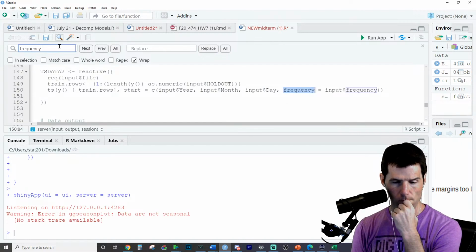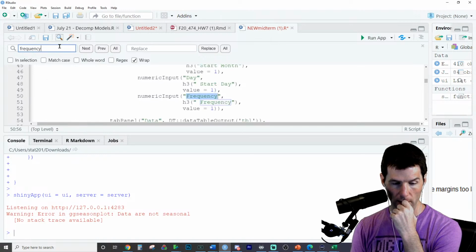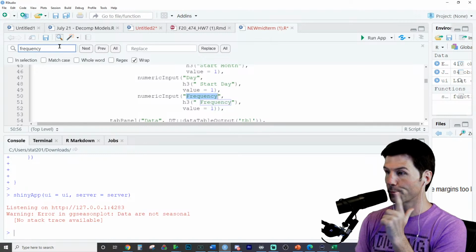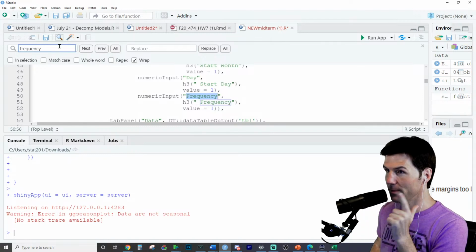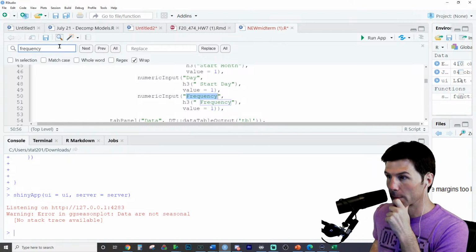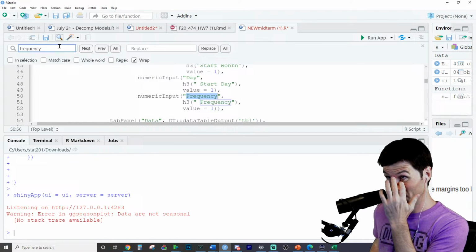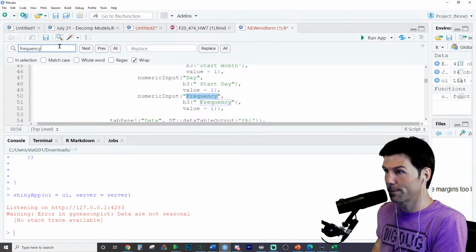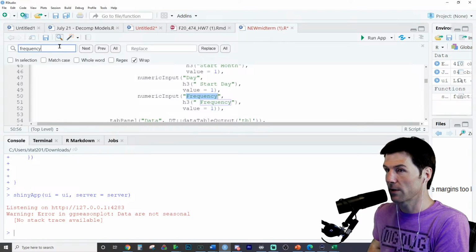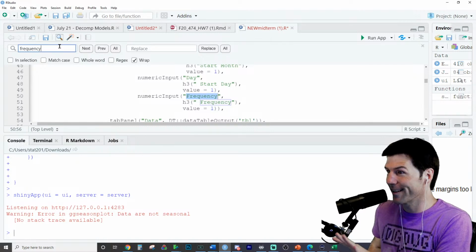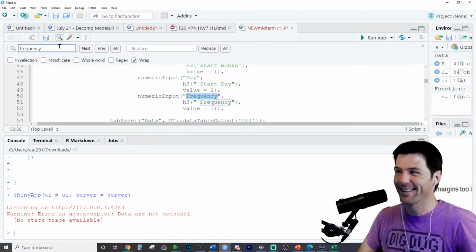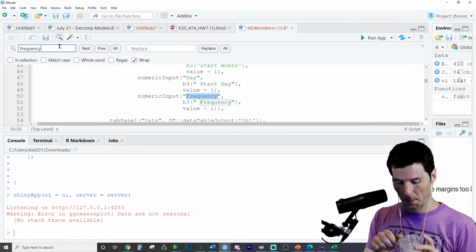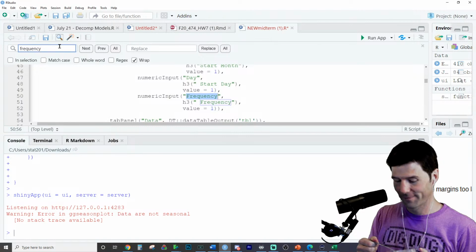All right. Here's where the train data is made. This is the issue. Do you see it? There's an issue here. Very small issue. Do you see it? I pause here so we can see it because this is an issue. Don't worry. What's going on here? It's a very small issue.